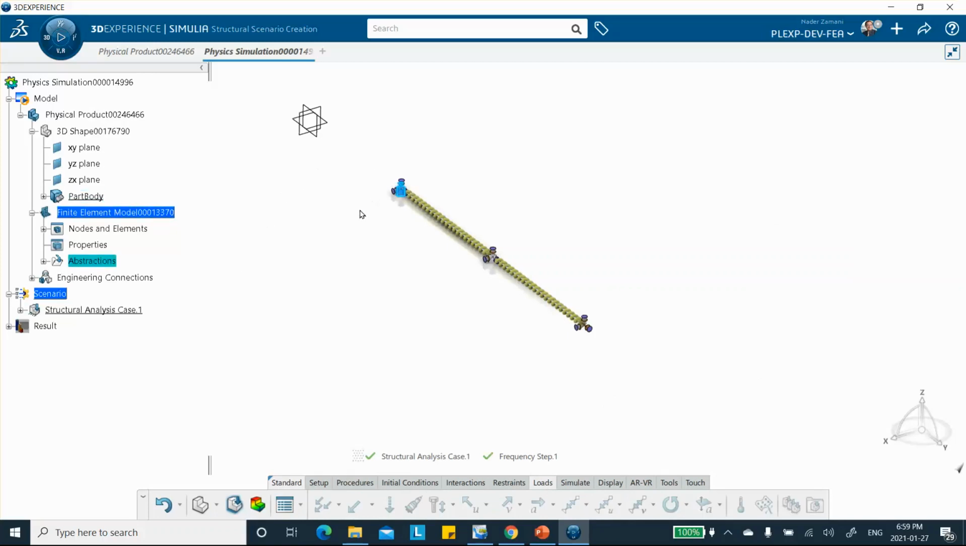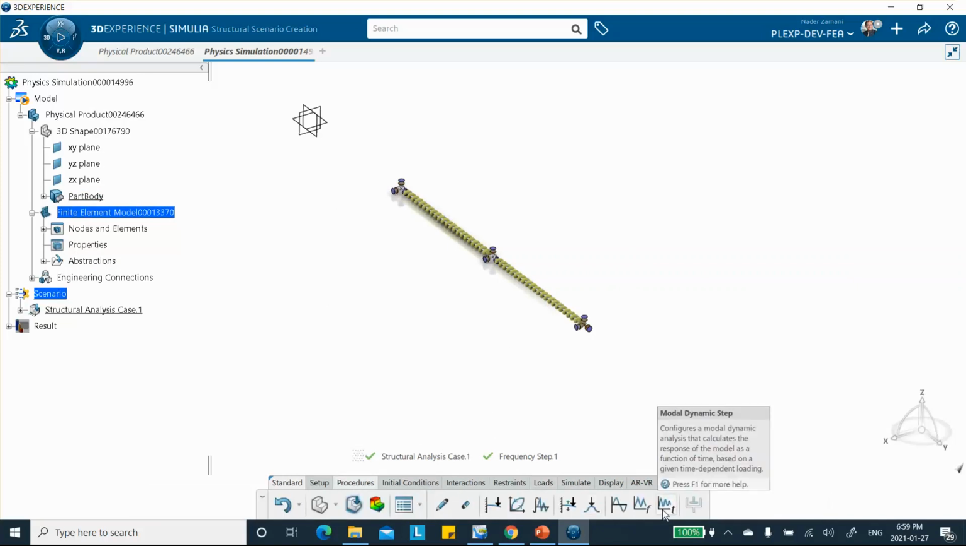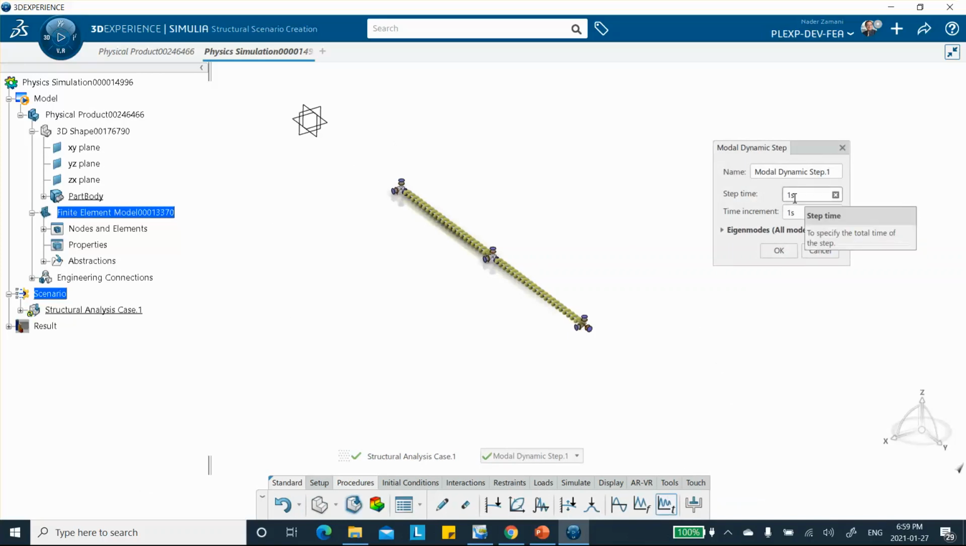Let me undo this. Where is this? Loads. Sorry. Notice that because we are in the frequency step, we just extract the frequencies, right? So there you cannot apply load. That's why you have to go to procedure and create a modal dynamic step, and time step 0.1,